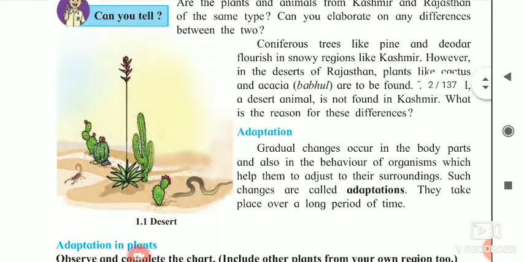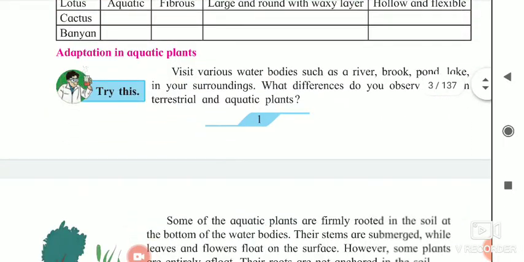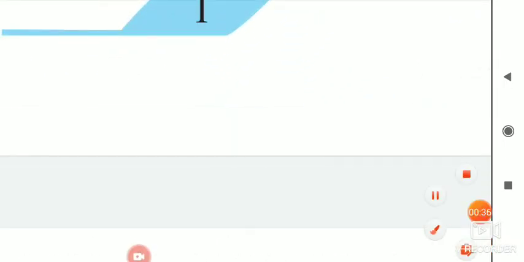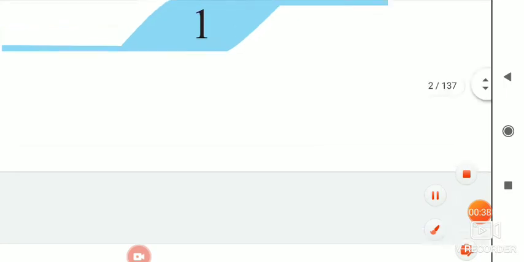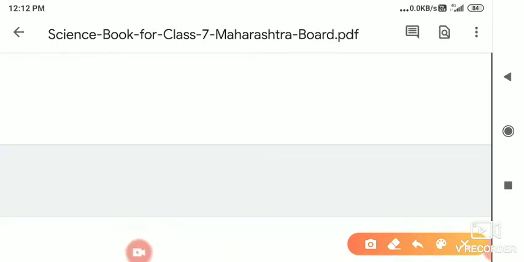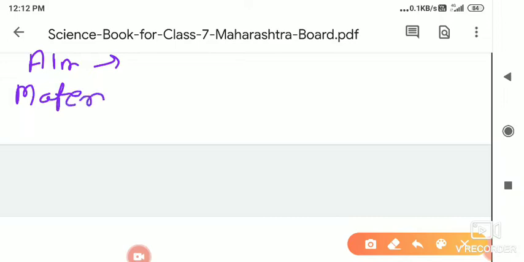First of all, from the lessons I am going to give you easy experiments, and I will give you the name of the experiment. First of all, on the paper you have to write the aim. As all of you know, whatever aim I give you, you have to write. Then you have to write the material, the apparatus, whatever you need for it.